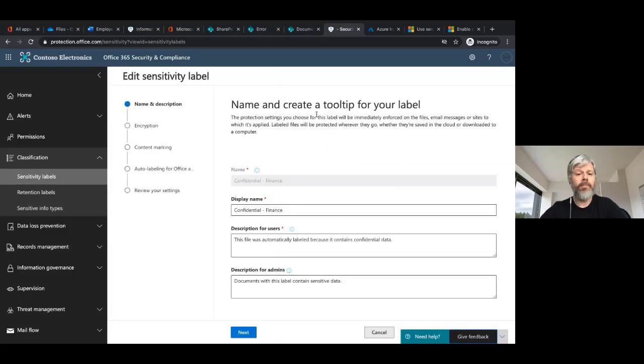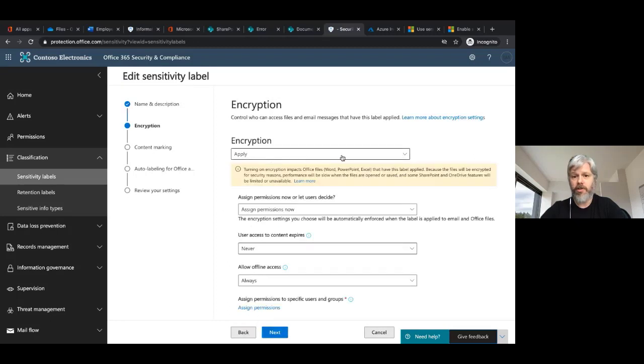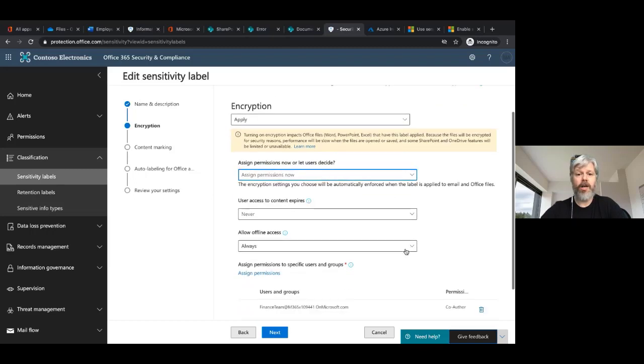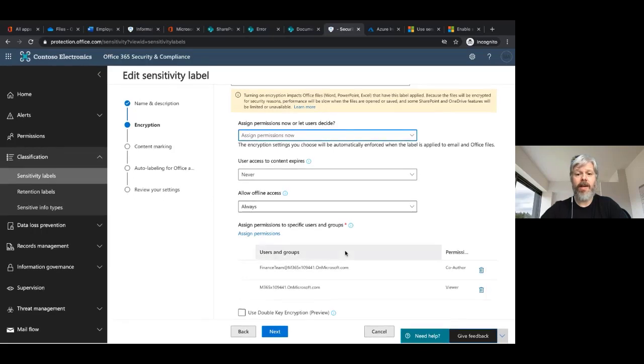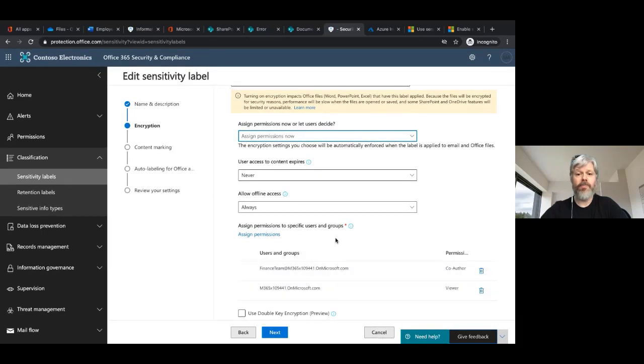We can edit that label, and we can see that we can configure a lot of things for it. We can configure the encryption settings. We can choose whether or not we want to apply encryption, assign permissions now, or let users assign permissions when they apply the label. Control when the access to content expires, allow offline access, and then control who has permissions, specific users and groups. More recently, there's an option here actually to apply double key encryption as well to these labels, which is in preview. It's not something I've personally tried yet,